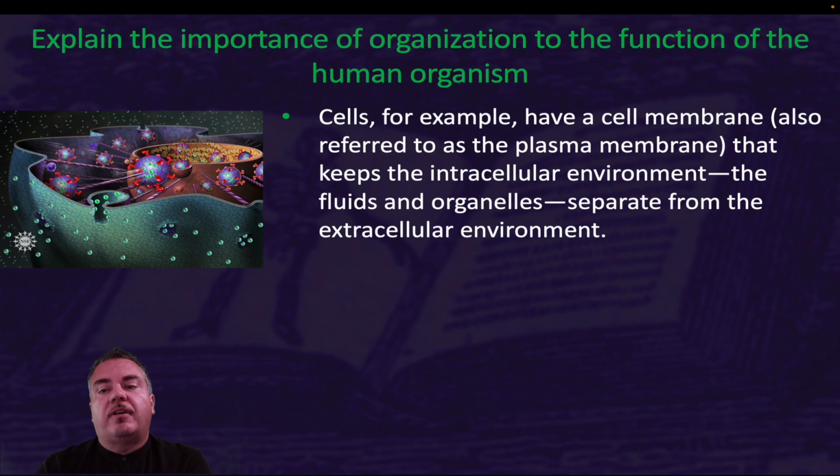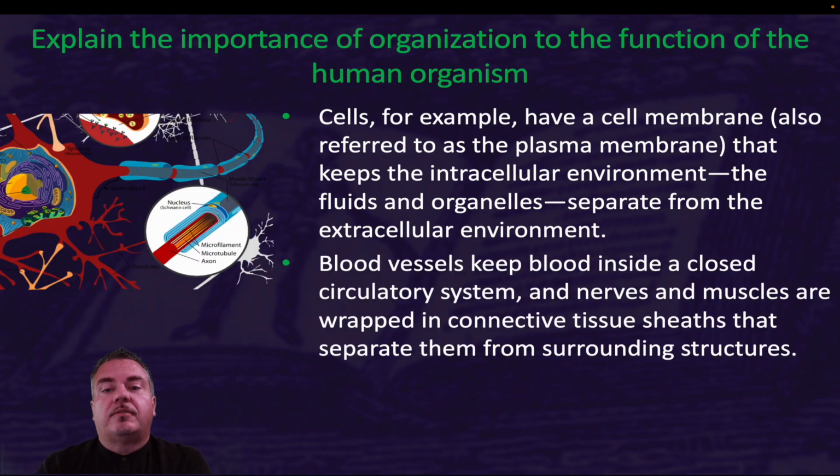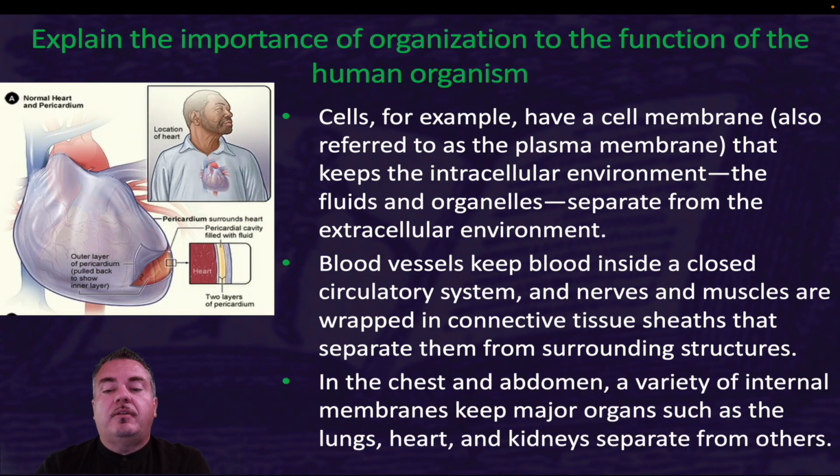Cells, for example, have a cell membrane, also referred to as a plasma membrane, that keeps the intracellular environment, the fluids and organelles, separate from the extracellular environment. Blood vessels keep blood inside a closed circulatory system, and nerves and muscles are wrapped in connective tissue sheaths that separate them from surrounding structures. In the chest and abdomen, a variety of internal membranes keep major organs such as the lungs, heart, and kidneys